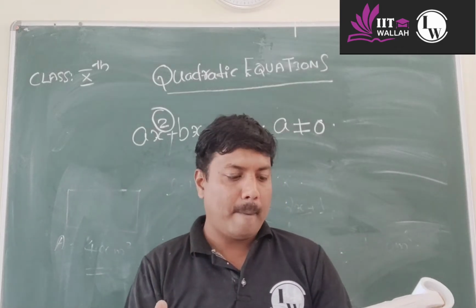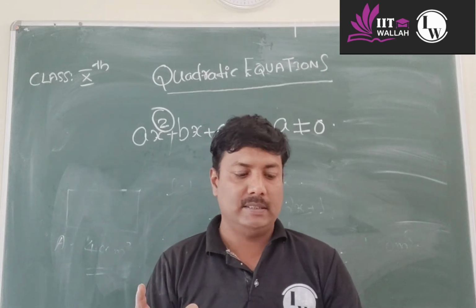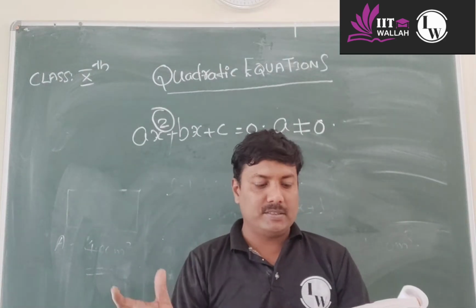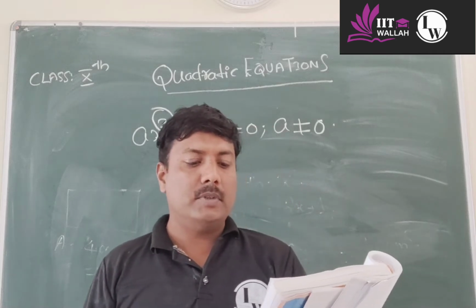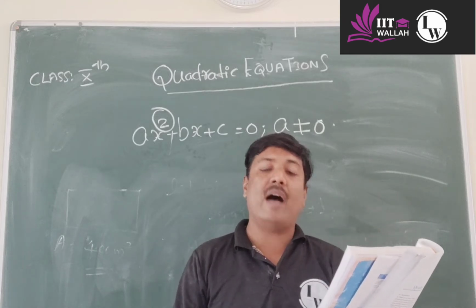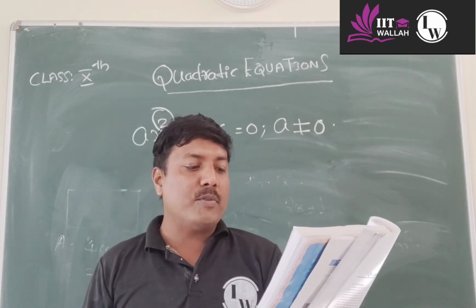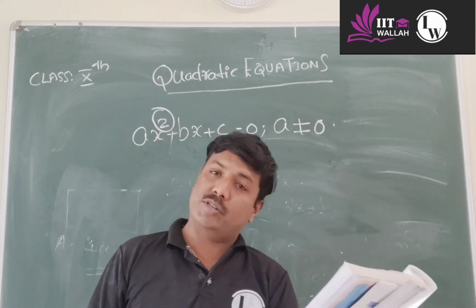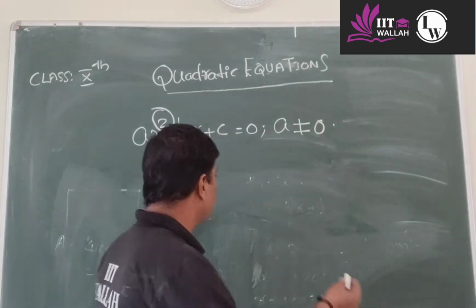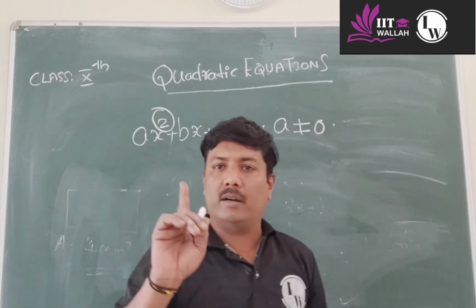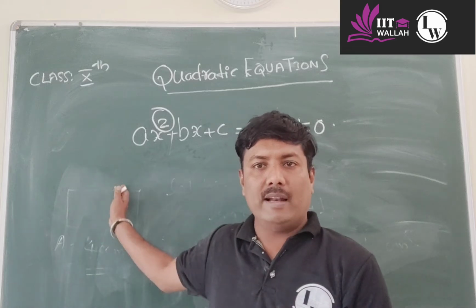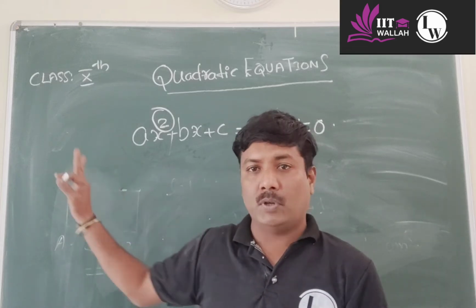John and Giovanni together have 45 marbles. Both of them lost 5 marbles each, and the product of the number of marbles they now have is 124. We would like to find out how many marbles they had to start with. So this is example number 1. You can open your textbook, look at the question, and listen to the solution.